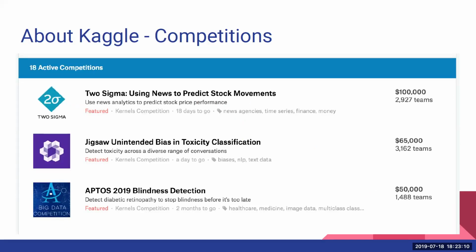This is how it looks. You have a list of competitions, and you choose whatever you like the most. There are some tags you can see, like NLP, text data, news agencies, finance. I usually go to the list from time to time, not very often, and pick the one I'm very interested in. I think that's key number one to get in the proper direction. You choose exactly what you like to do, because if you just choose everything, you'll be very easily disappointed, and it's probably not the first experience you want to get.